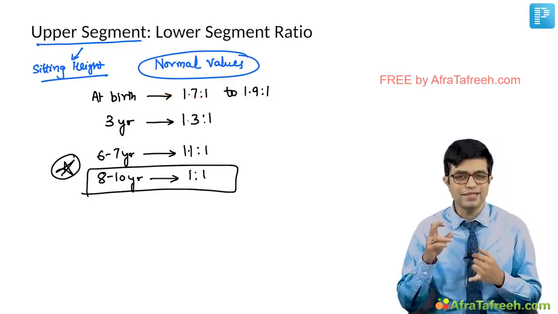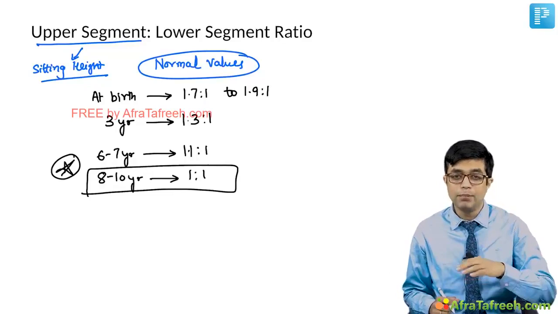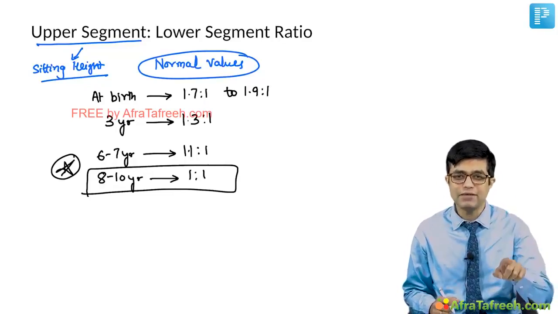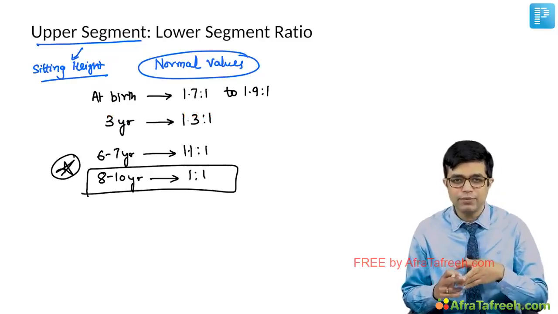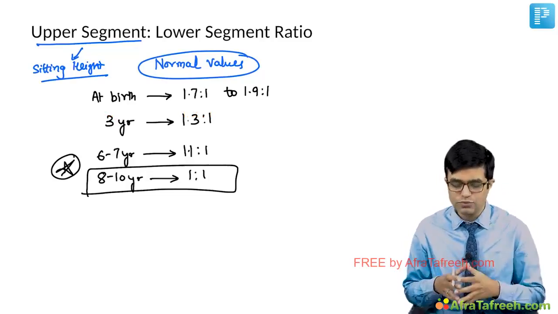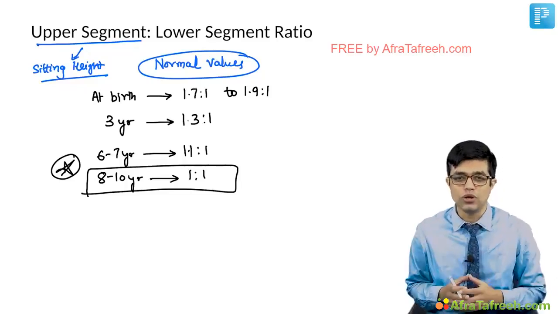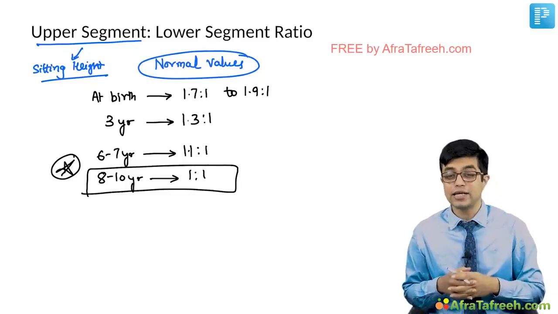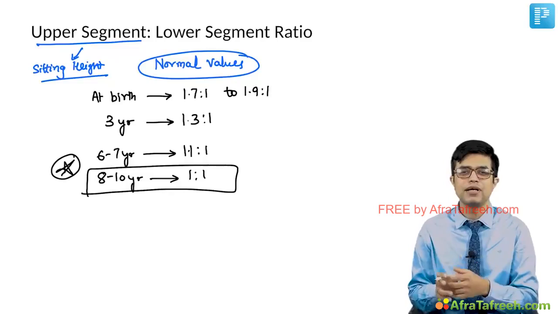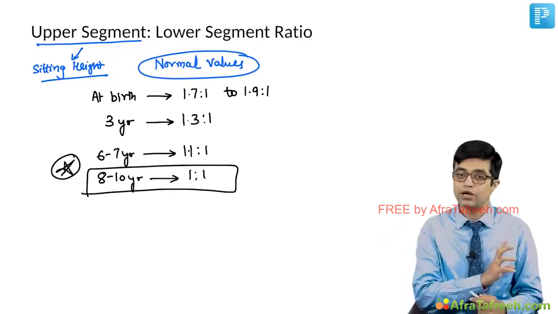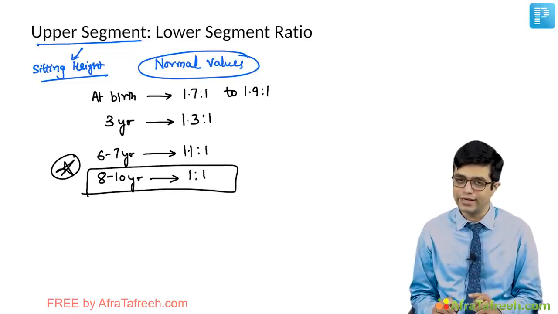First, you read Nelson. Nelson 21st edition says, ratio of 1:1 is obtained beyond 7 years of age. At 7 years and beyond 7 years are not the same. O.P. Ghai, IAP textbook of pediatrics and Suraj Gupte, all these textbooks take a value between 7 to 10 years, 8 to 10 years and so on. And so the better answer for your entrance exam, if this question is asked, is 8 to 10 years. The 8 to 10 year value is mentioned separately in 2 different textbooks, one Indian and one foreign author as well. So 8 to 10 years is the time during which the 1:1 ratio is attained.